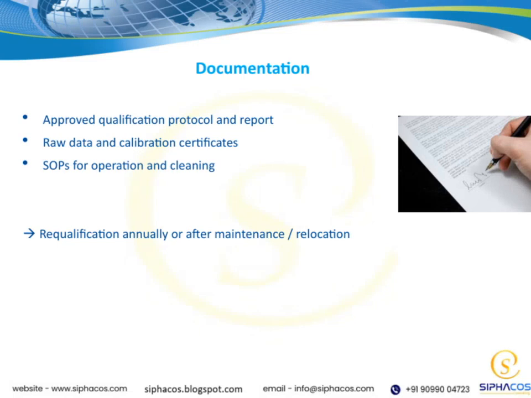Let's talk about documentation, which is a crucial part of maintaining quality and compliance. First, we have the approved qualification protocol and report. These documents outline the validation process and confirm that the equipment or system meets all specified requirements. Next are the raw data and calibration certificates, which are essential for traceability and verifying that our instruments are accurate and reliable. Finally, standard operating procedures, or SOPs, for operation and cleaning ensure consistency in how equipment is used and